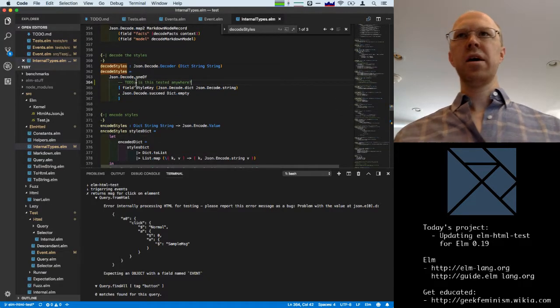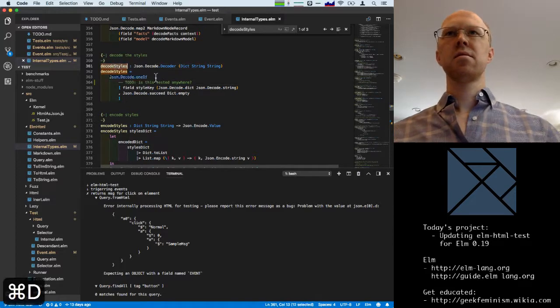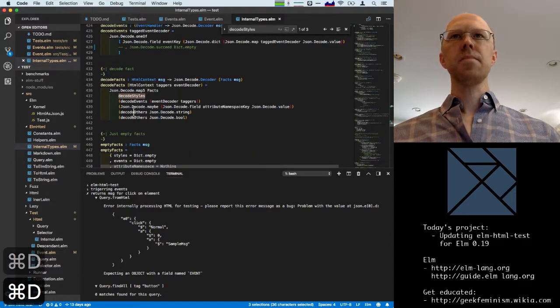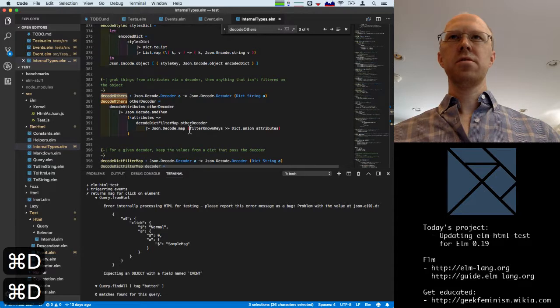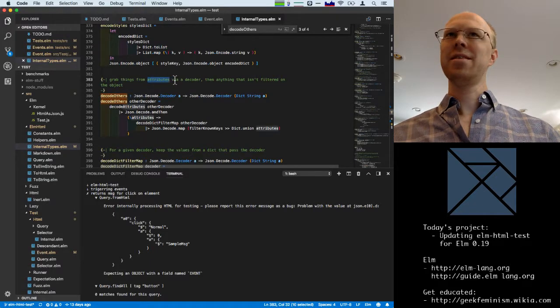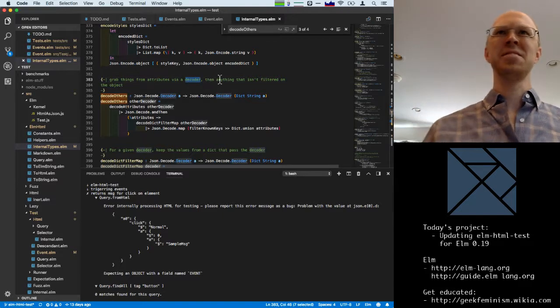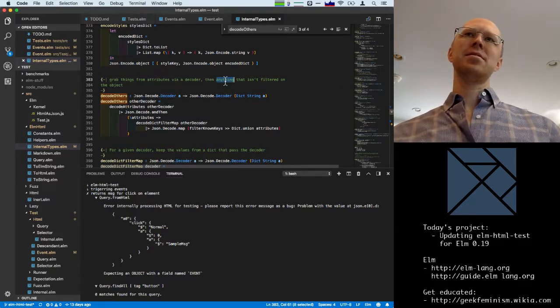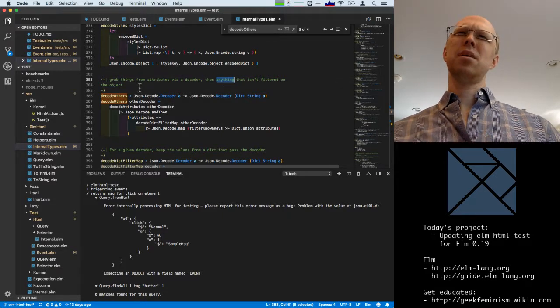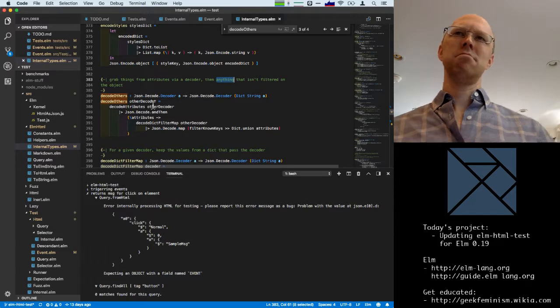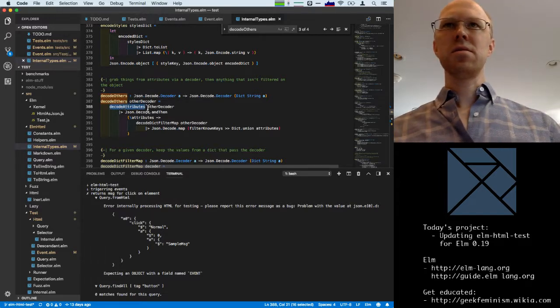So I'm not sure if that's tested. Decode others. Grab things from attributes via decoder. Then anything that isn't filtered on the object. Okay, I don't know what that means.